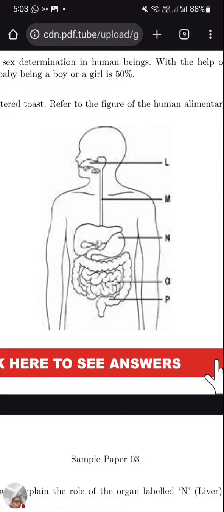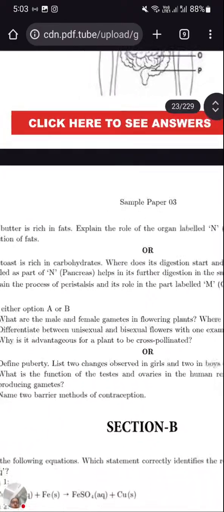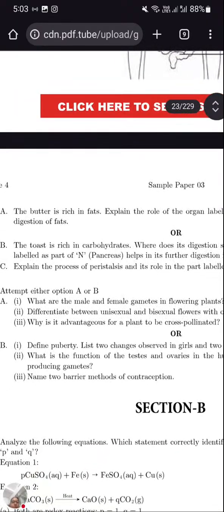Then that maltose will pass to the stomach, and from there to the small intestine. The small intestine gets the secretion from the pancreas, which releases pancreatic amylase. Pancreatic amylase will act on the partially digested carbohydrate and convert it into the final digested product, glucose. So carbohydrate gets digested to glucose. Glucose is the final product, which is formed in the small intestine.